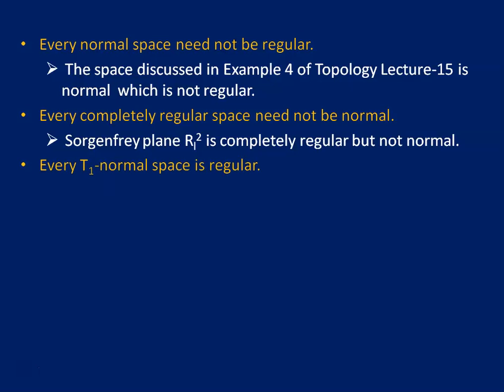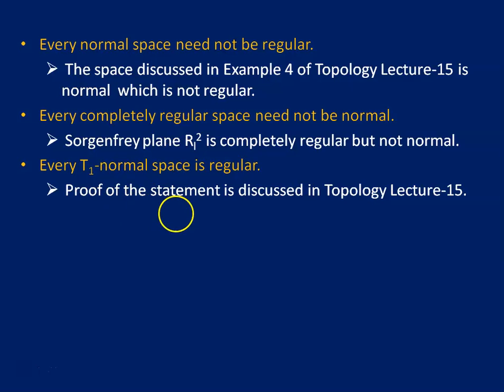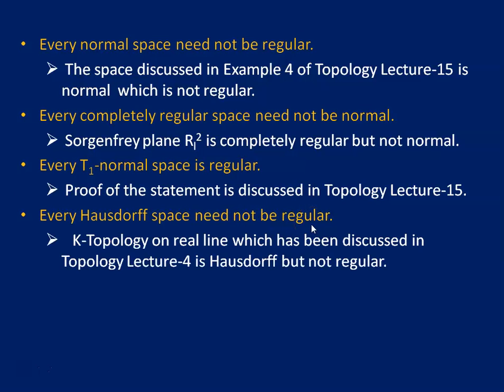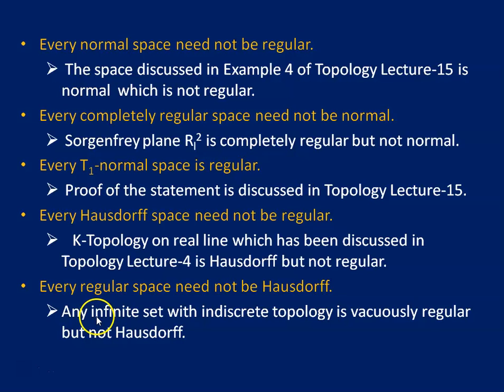Every T1 normal space is regular. The proof of this statement is discussed in topology lecture 15. Every Hausdorff space need not be regular. We have discussed the K topology in topology lecture 4. The K topology on the real line is Hausdorff but not regular. Every regular space need not be Hausdorff. If we consider any infinite set with indiscrete topology, this is vacuously regular but not Hausdorff,